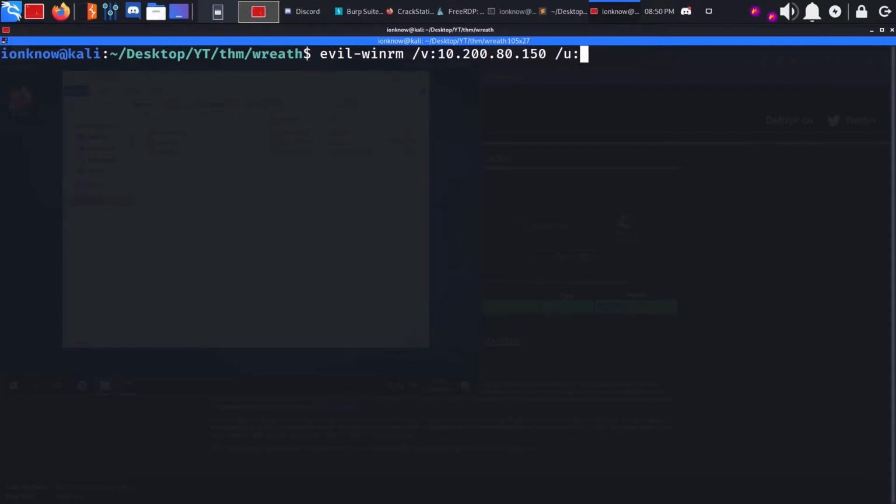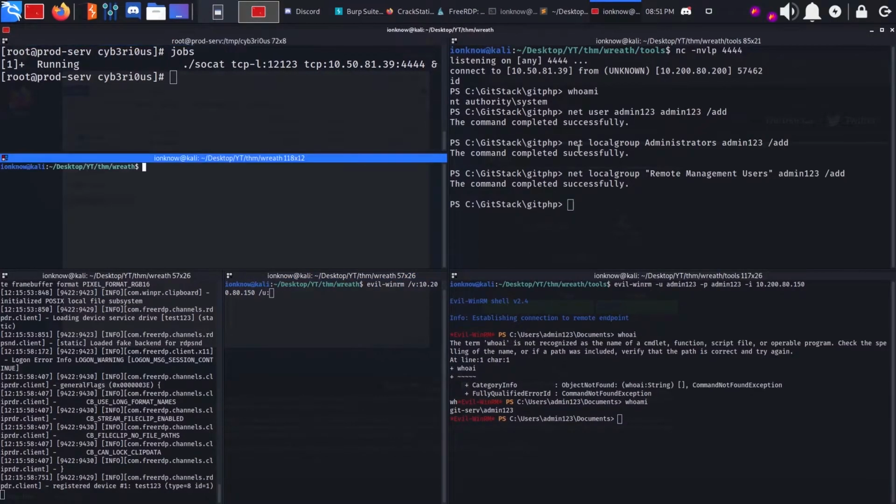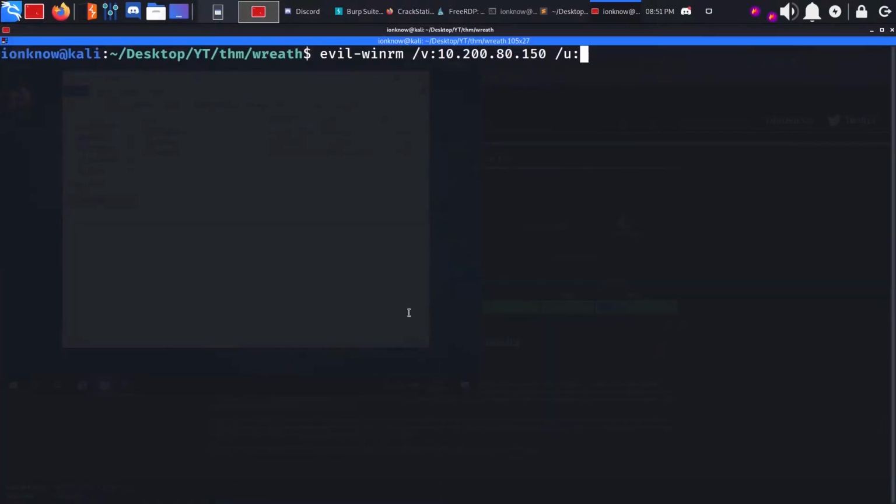So let's go ahead and cat the hash, copy his hash. We can do something like pass the hash. So administrator here, administrator hash. Wait, it's not xfreerdp. Why am I doing xfreerdp syntax? I'm sorry. So evil-winrm, dash u for administrator, dash h for the hash, dash i